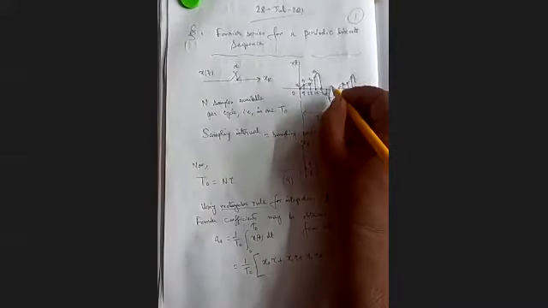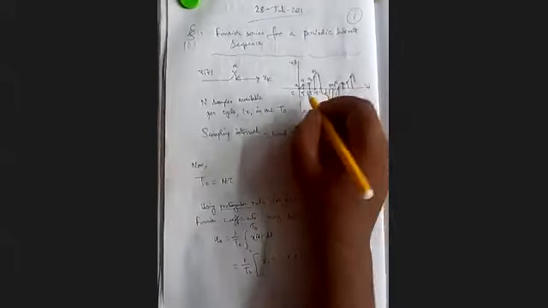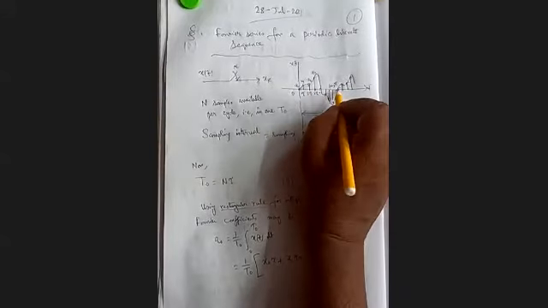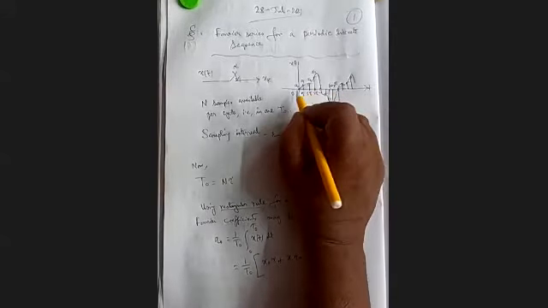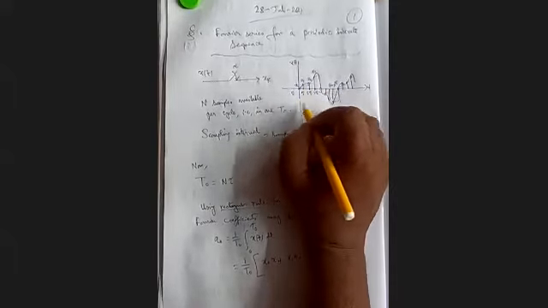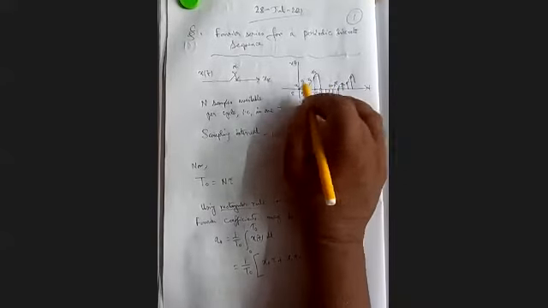This way we will get, ultimately, what is our last sample? 0 to this. So it will be (n minus 1) into tau. So 0 to (n minus 1) tau, because for the nth tau, again the first sample will be repeated. So the total number of samples, including 0 to (n minus 1) tau, will be capital N. So it will be x of (n minus 1) into tau. That is the total area under all the rectangles.